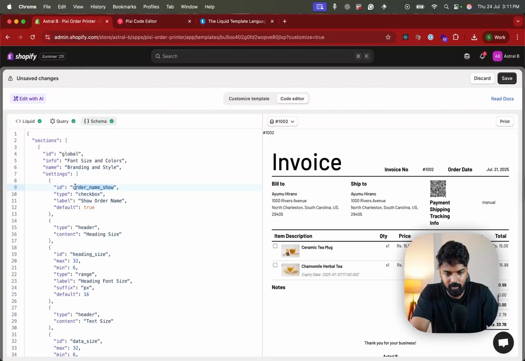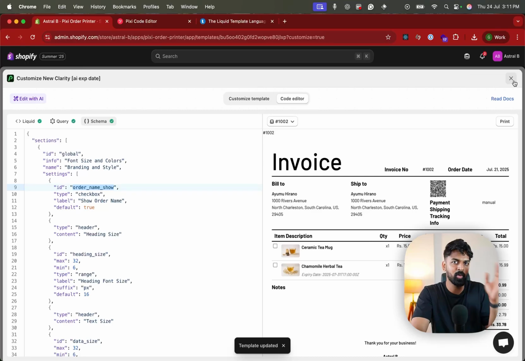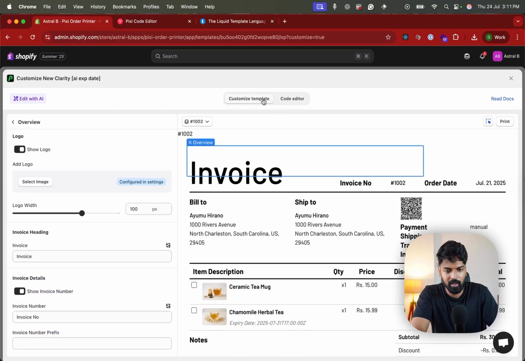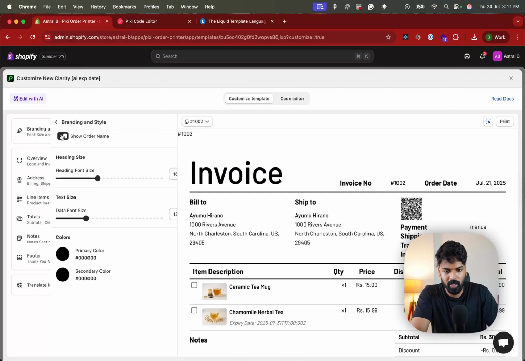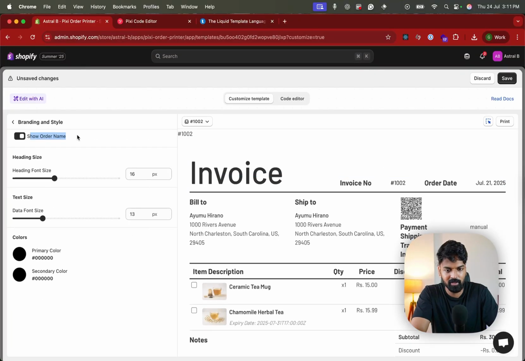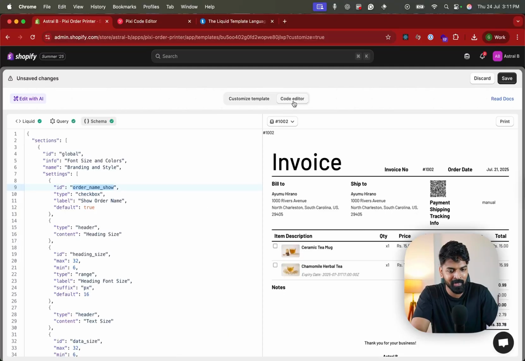And if I now save this, you have to save it if you're moving towards the code editor or the customizer back and forth. And I come back here. If I go to branding and style, which is a global, you see that there is this thing called show order name. Now we are going to use that